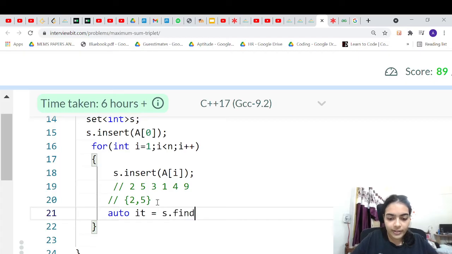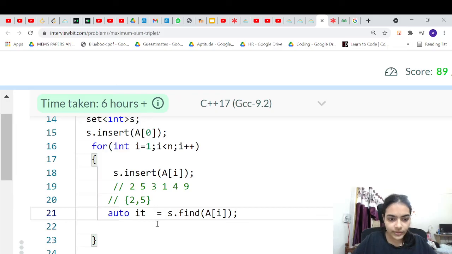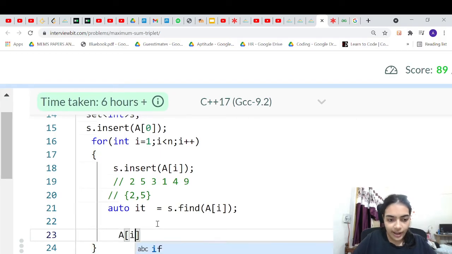So s.find, you will try to find your own element. If you try to find your own element, the iterator will come here, right? Iterator will come at this step. So you have to just find the element which is previous to it. Your current element is a[i].